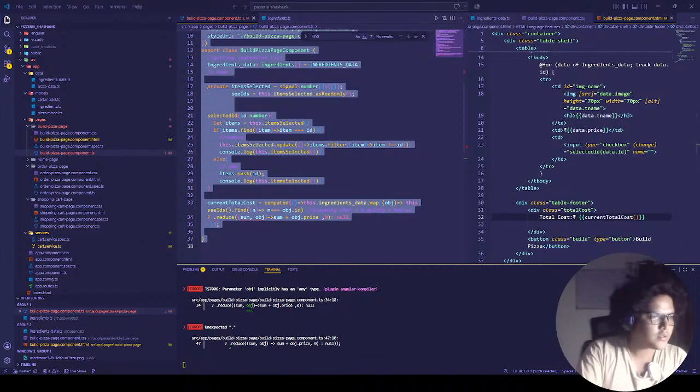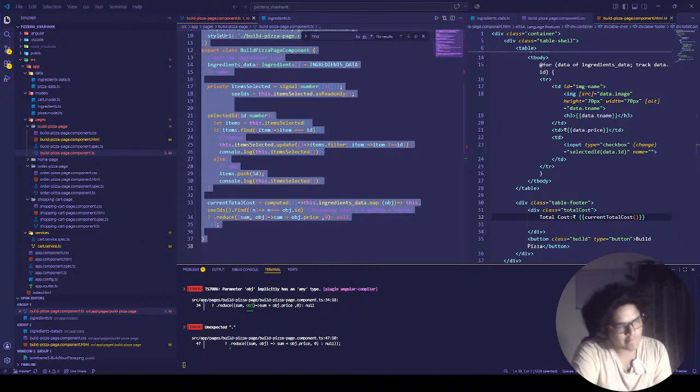Current total cost, this dot map के अंदर हम लोग क्या कर रहे हैं, अगर ऑब्जेक्ट है